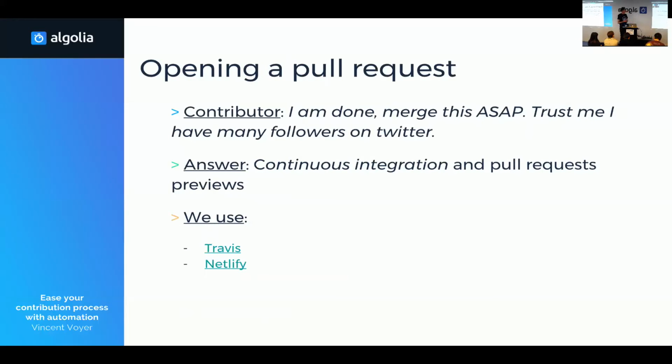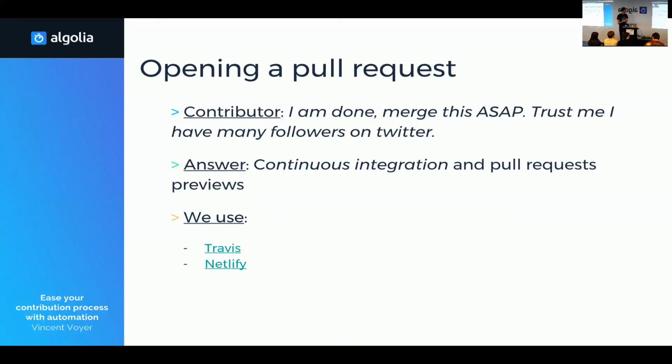And then comes the time to actually open a pull request. So what we have done is, of course, we use Travis so that we run everything that we have seen, linting, testing inside Travis. But again, for our UI library, what we discovered is that sometimes people will say, okay, I fix the search box. I fix the list of items, the component list. But the only way to actually ensure it is to actually visualize the change.